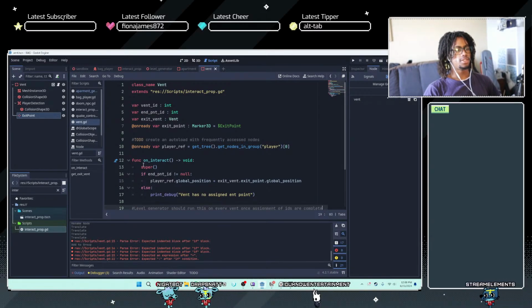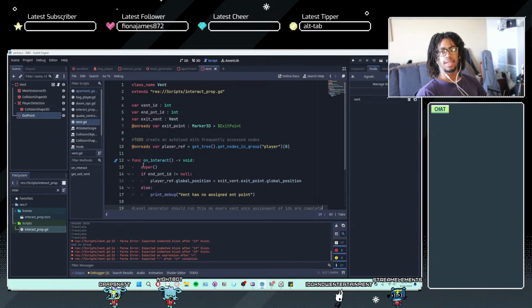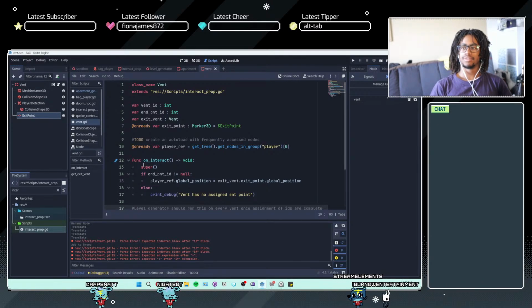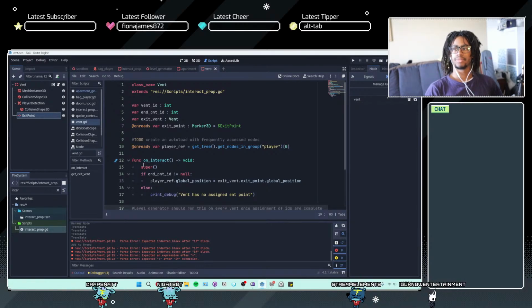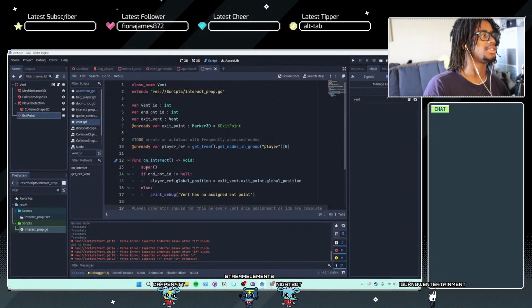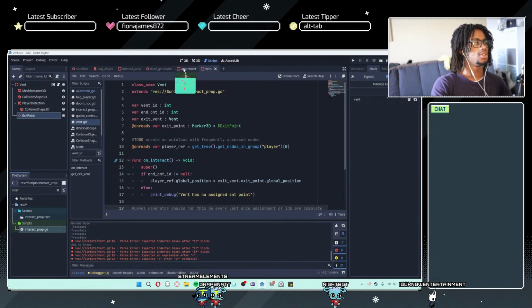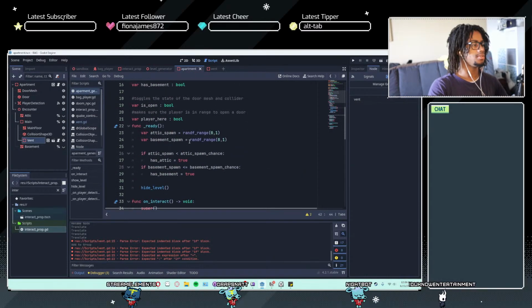Basically, you just need to make sure that every event has an endpoint, and if there is an odd number of events, there's going to be at least one event that leads to the exact same apartment. So now that we've gotten this part kind of done-ish, what we need to do is go to the apartment itself, and we need to say,